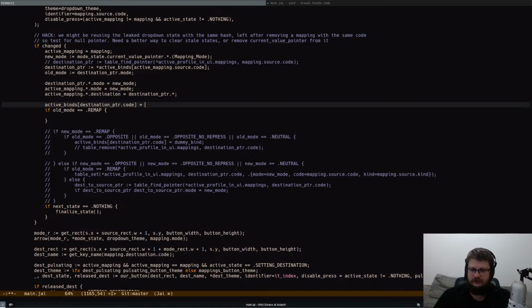We just set it to some kind of bind: mode equals new mode, code equals